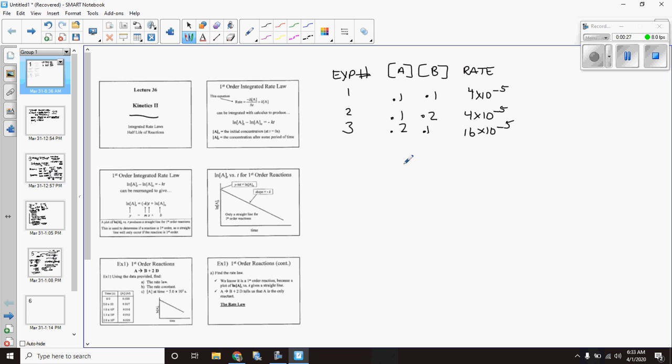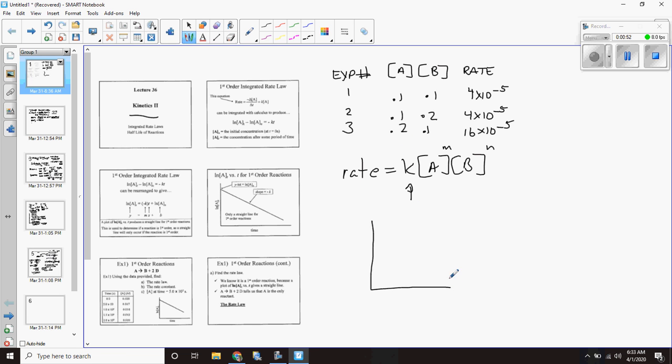From this type of exercise, we can figure out the rate law. We can figure out the relationship of A and B to each other. In other words, we can figure out the orders of the reaction, m and n. We can also, from this process, determine what the rate constant is. But we also know that if we graph this